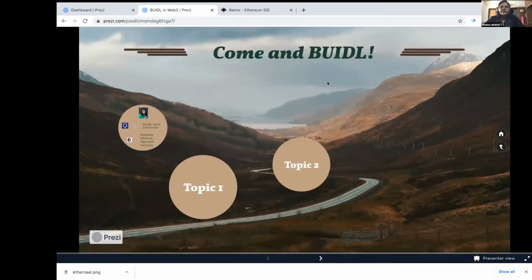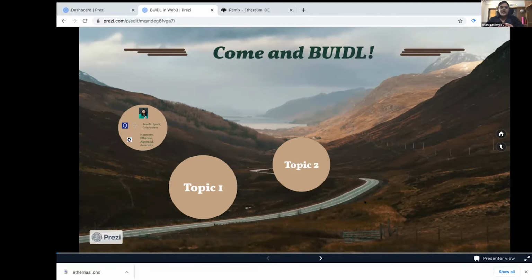So, today's presentation is more towards encouraging more folks to come and build and trying to show them a couple of paths on how this could potentially happen. What is the significance of building in this space? And if you are getting started, or if you're anywhere on your journey, what are a couple of things that could help you?